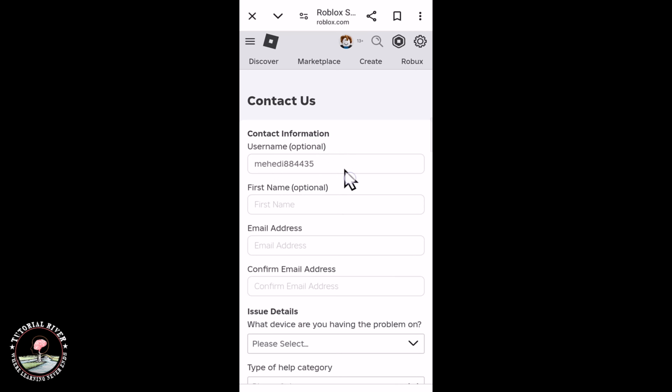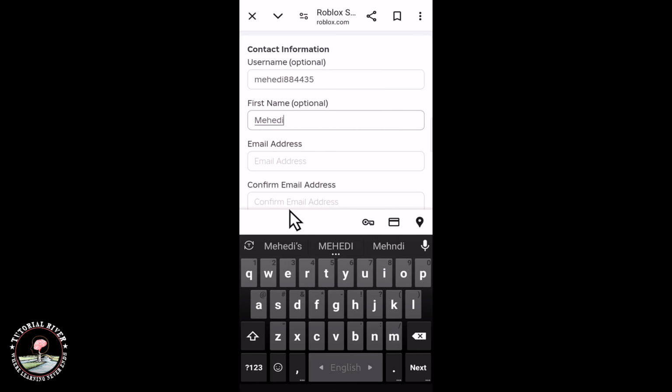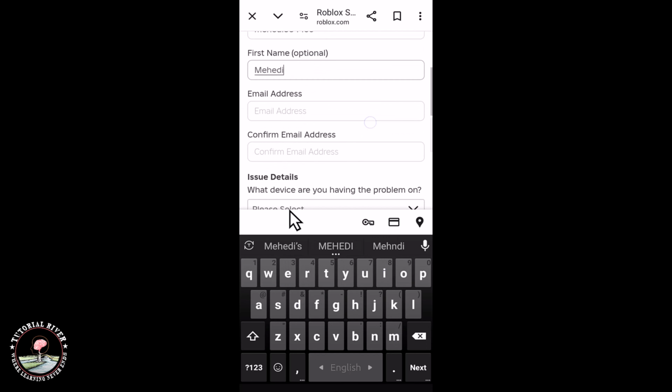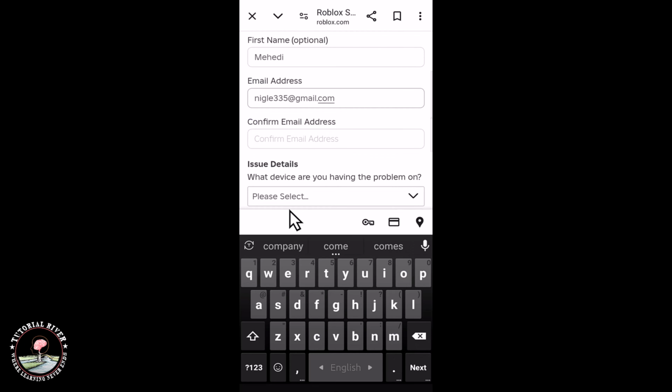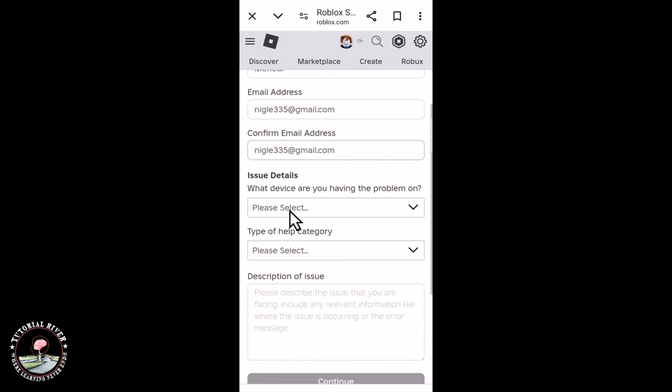First of all, select username, automatically select, type it to name, enter your email address, confirm email address, click on,